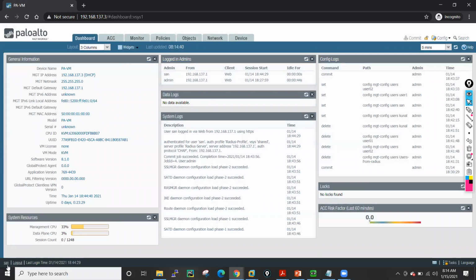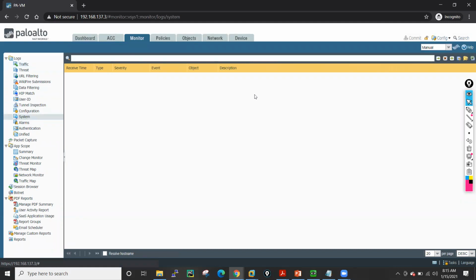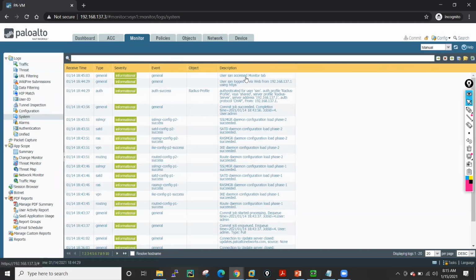If you see here, you can see the user details, SAN, and how he is logged in, authenticated for user SAN, authentication provider RADIUS. All these details you will see in the system logs as well. Go into Monitor, and if you go into System, you will see your logs here.